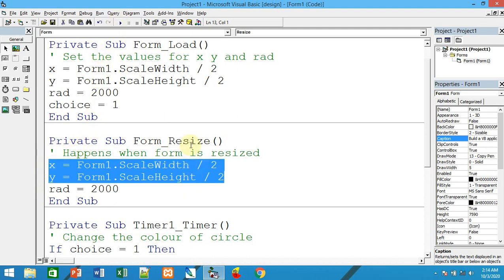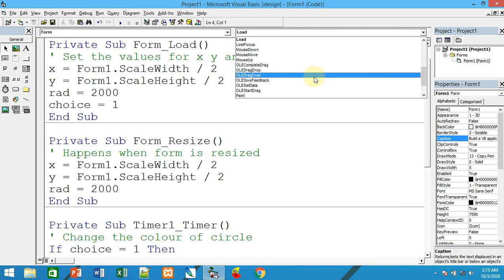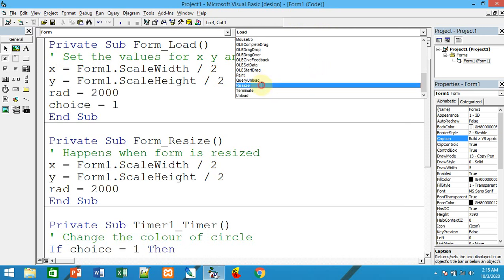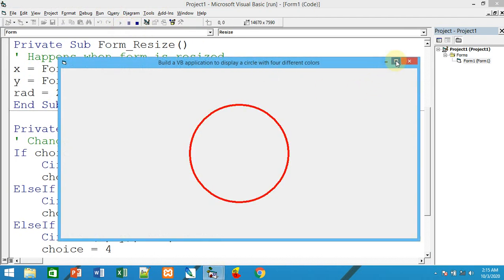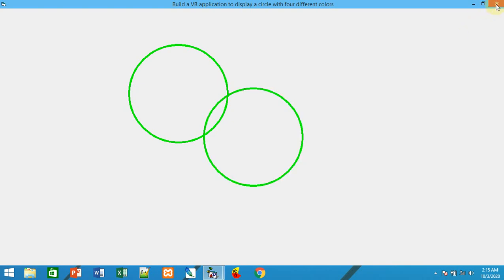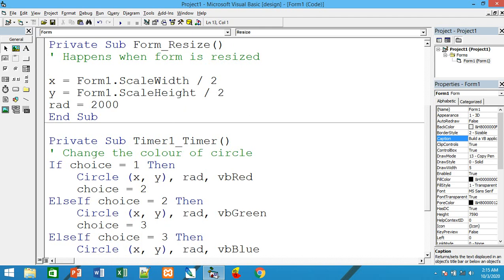For the form resize event, double click on the form, it opens form load. Click on the event list and choose Resize, and type these things. If you run it now and maximize it, double circles are displayed, because we have not cleared the form.